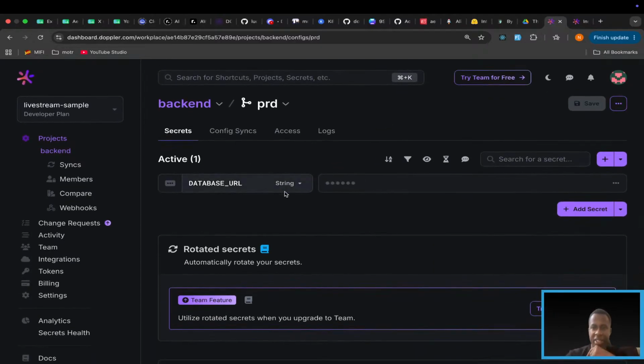Now, right here, you can see that when I click, I can see the value. When I click on this icon, it hides the value. So you can either show or hide depending on what you want to do. If you want to see it, you click to reveal or click to hide. Of course, if you had so many